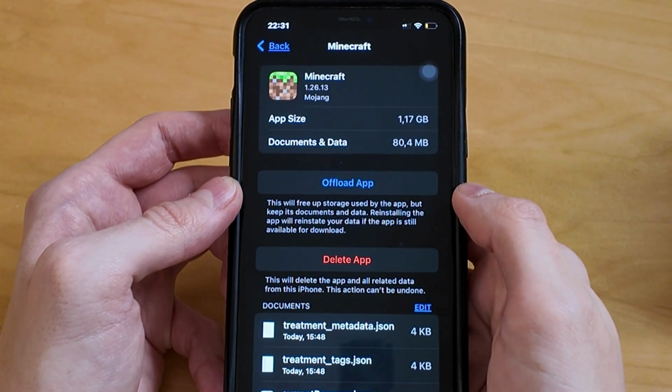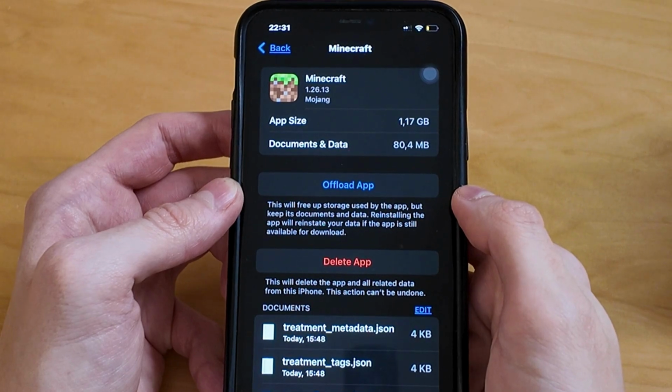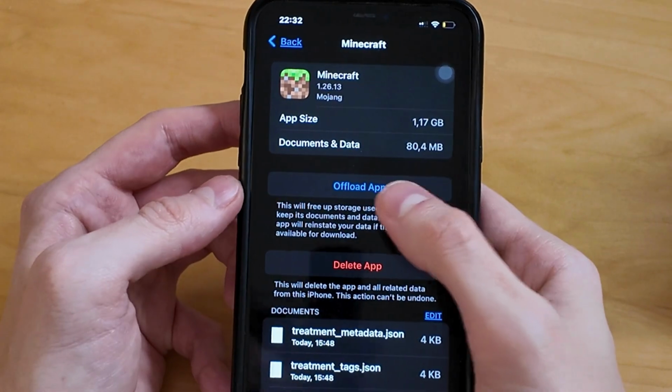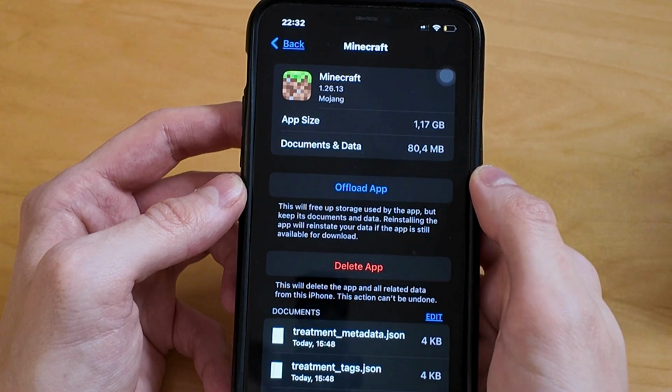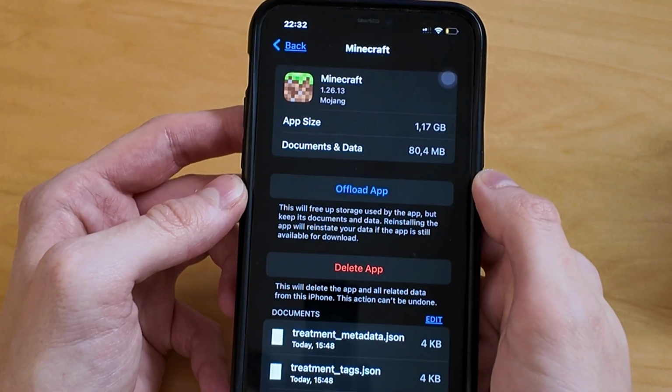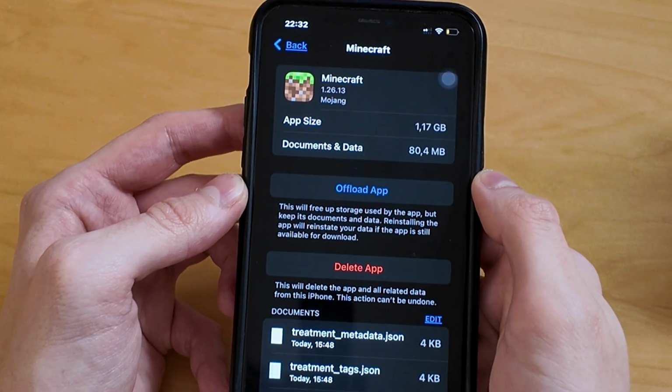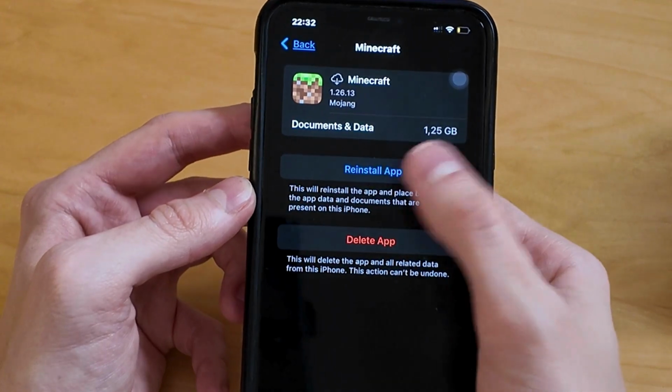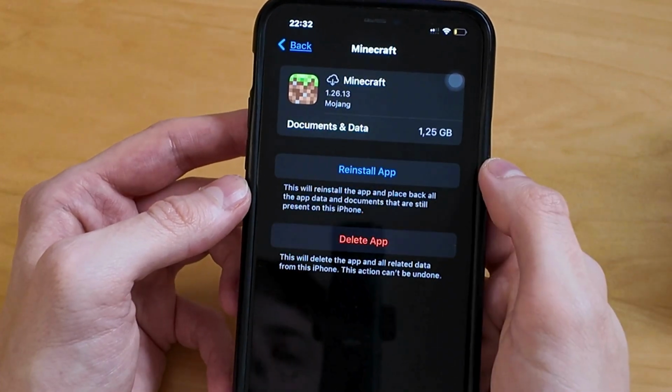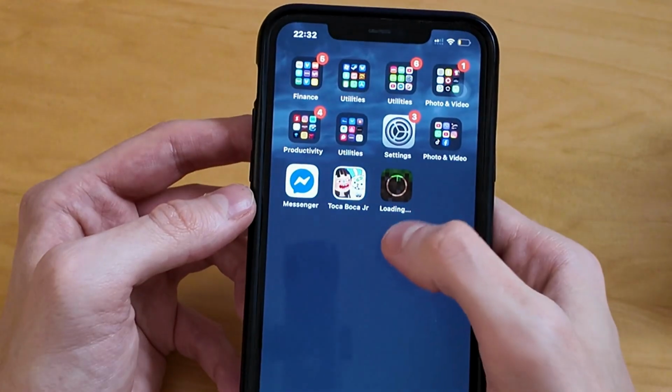Just wait a couple of seconds for it to load now. You can see it still says Offload App, but it's going to say Reinstall App here in a couple of seconds, and when it does, we're just gonna click on that button. So now it says Reinstall App, so just click on it, and then just simply wait for the Minecraft app